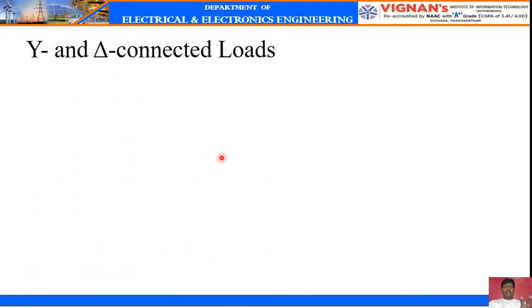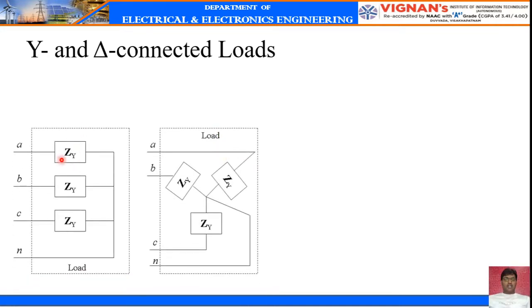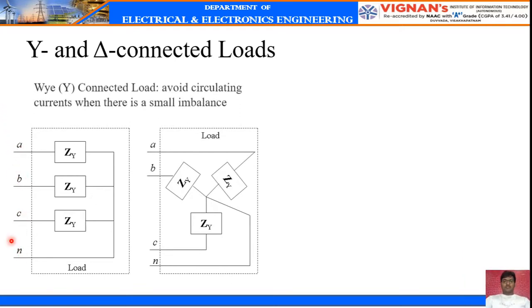So far we have seen three voltage sources connected in star or in delta. Similarly, there are three-phase loads which can be connected in star or in delta. Here, ZY is one load, ZY, ZY. That means three loads are connected in star and one neutral point is taken. Our connection need not necessarily indicate a symbol of star. The only thing that is important is that one terminal must be common to all three loads. Is it clear? So here there are three terminals VA, VB, VC which can be connected to the three-phase sources. Similarly, we see the delta connection.